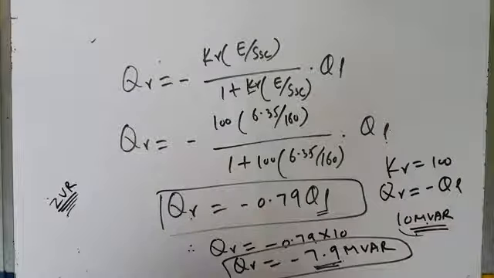But what will be the size and rating of the compensator? The size and rating of the compensator will be very high. It will be very large. It will be a huge, bulky compensator, and its cost will be very high, and it may not be economically viable. So this is the practical aspect which is generally not given in the books. It's not taught in the books.